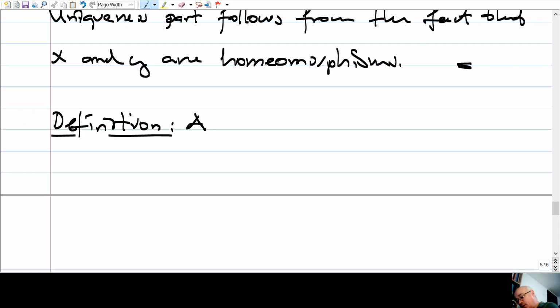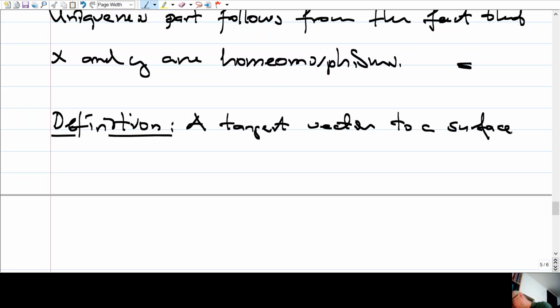So that's what we are going to define now. A tangent vector to a surface M at a point